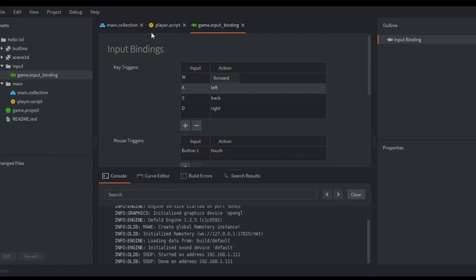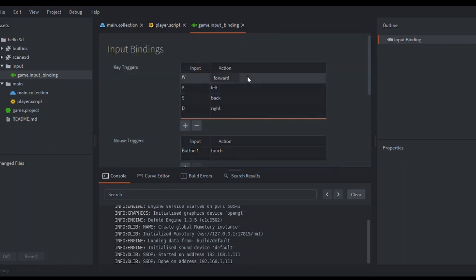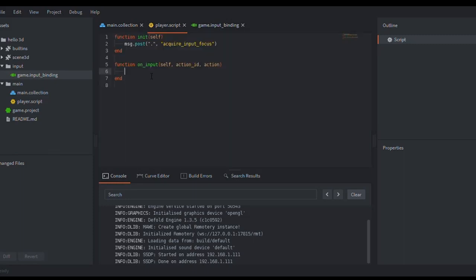So let's go to the player script, and we're going to use this name in our code. If you don't have the name in the code, you can't use inputs. So the first thing we're going to create is if action, this code is important, action_id is equal to hash, and the first one is forward. Then